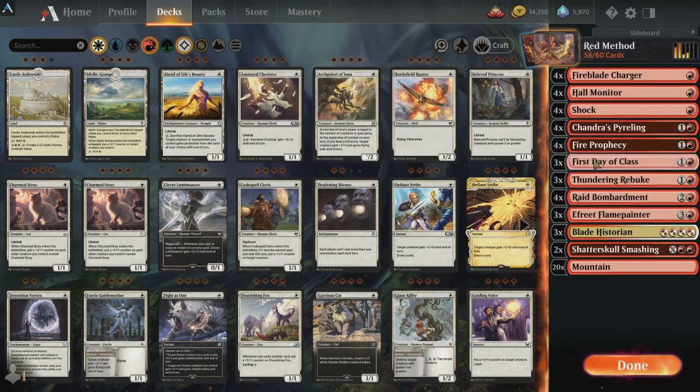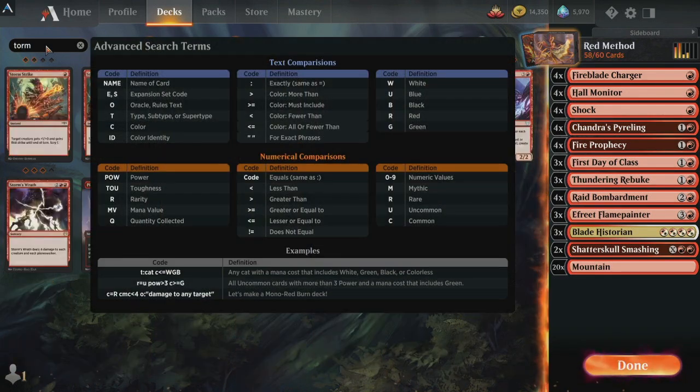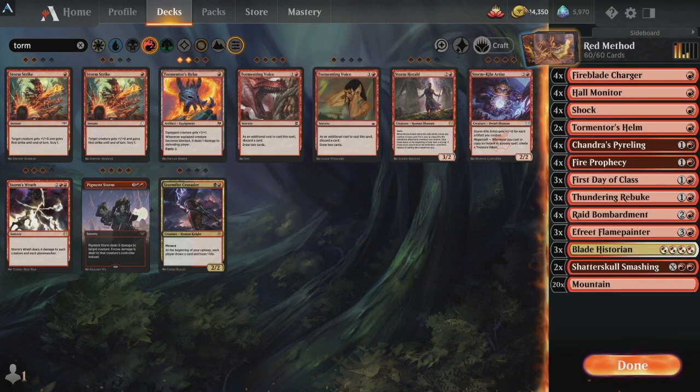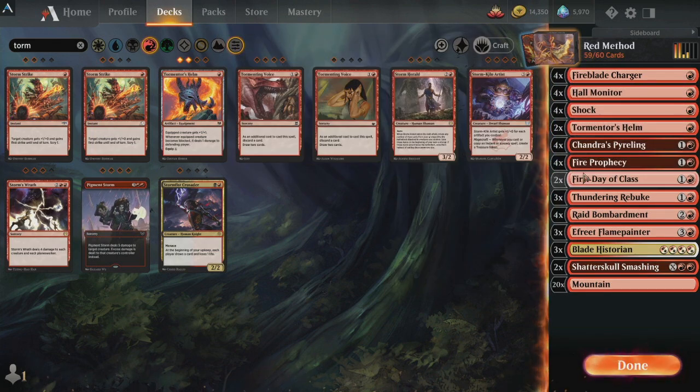First day of class. We don't need that many. Tormentor's Helms. I think we don't need very many first day of classes, as a matter of fact. Let's get one less of those. And let's put in a... Hey, Vegeta, what's going on? Let us put in a...